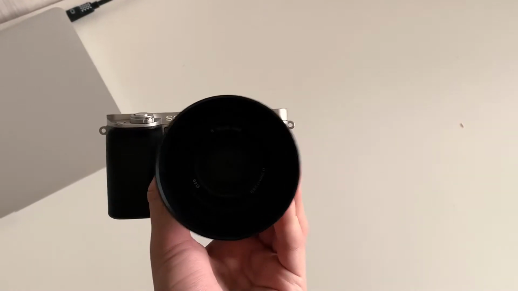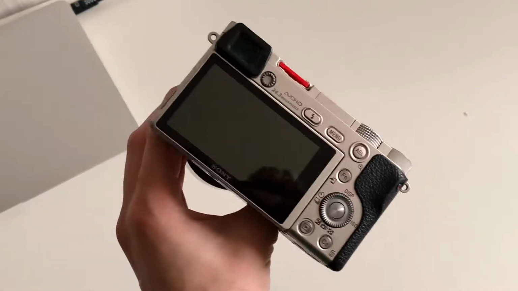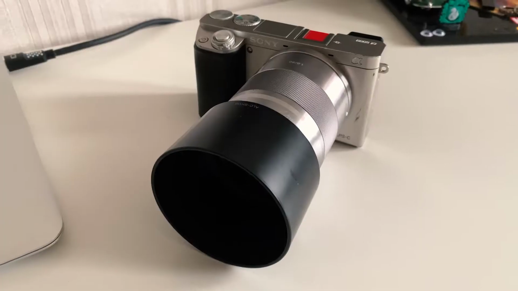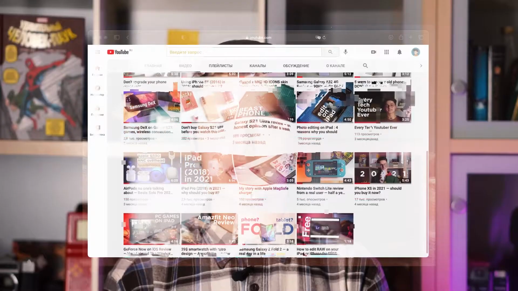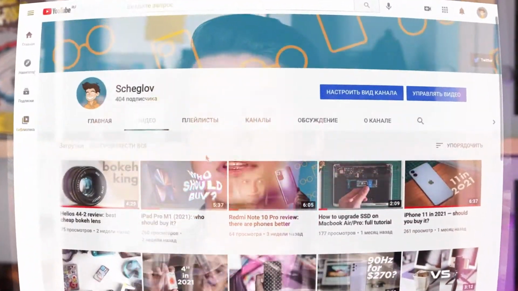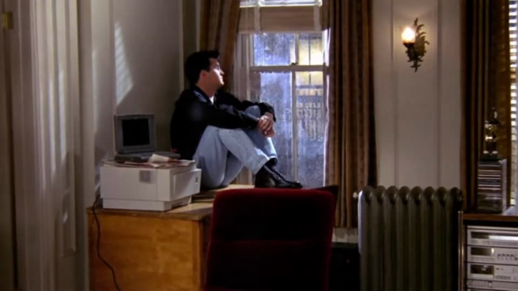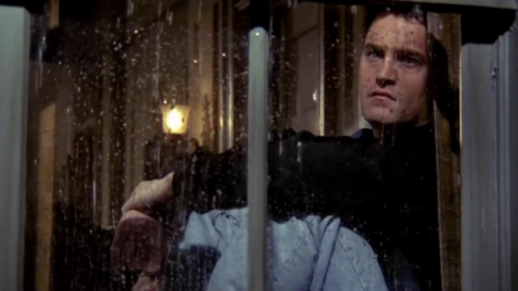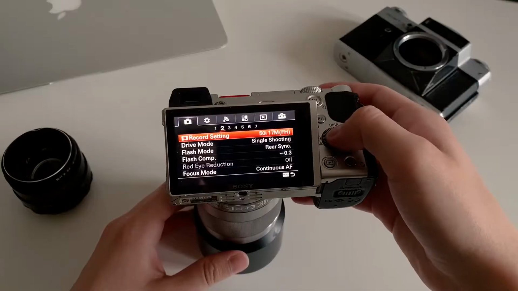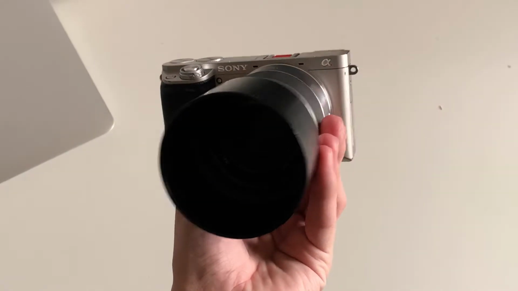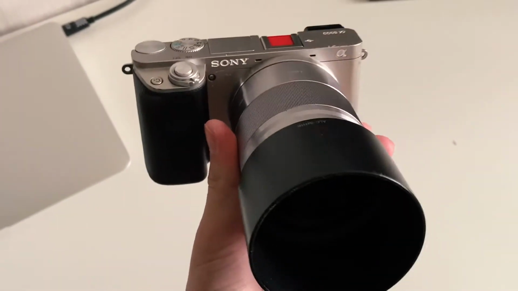I've been using Sony a6000 for 3 years in a row, mainly for stills. But it wasn't until 2020 that I realized I want to start shooting video. And I found out that my camera can't shoot at 60 FPS. It just wasn't there. So I had to shoot 50 FPS and it wasn't that big of a deal for